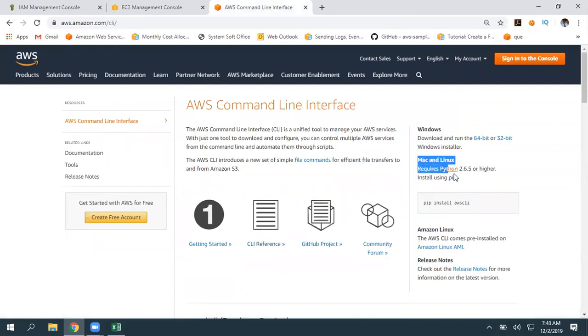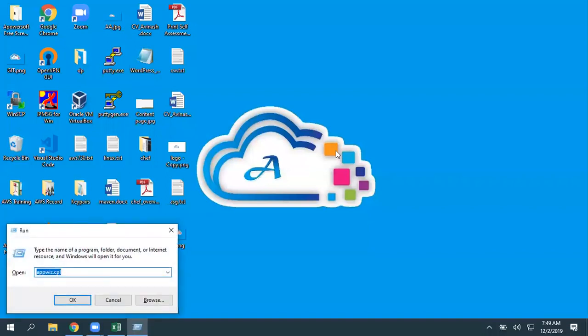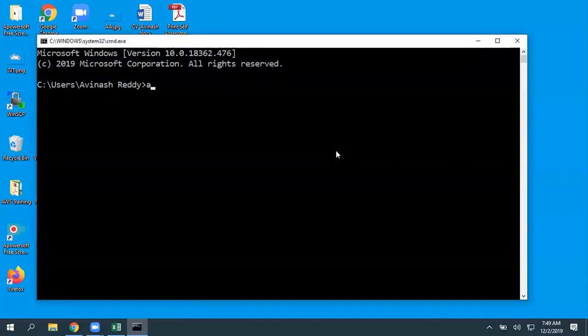If you are using Mac or any other Linux, and if you are using Windows, based on your operating system architecture, whether it is 64-bit or 32-bit, click on that, and immediately one file is going to download. See here, one file is downloading. It's a 20 MB file. It's a typical Windows installation, nothing advanced, just a simple double click, next, next, next. I accept terms and conditions, next, next, and finish. Okay. So once you're done with that installation, you can start using a command called aws.